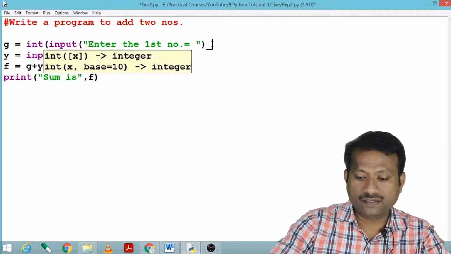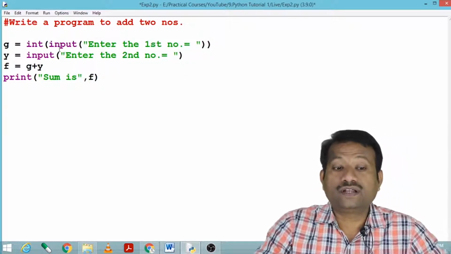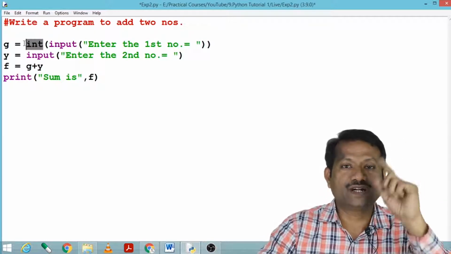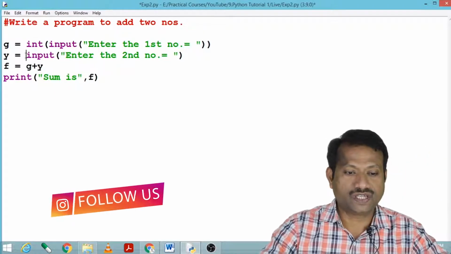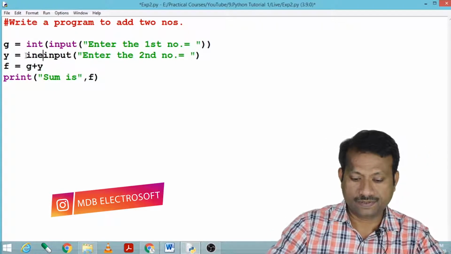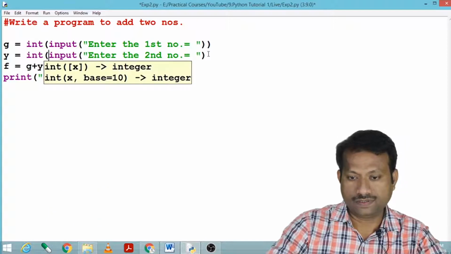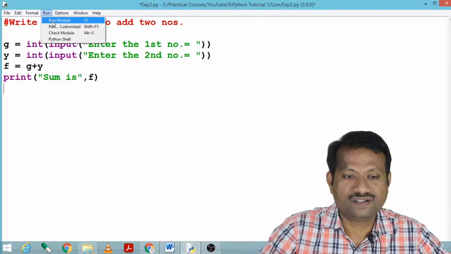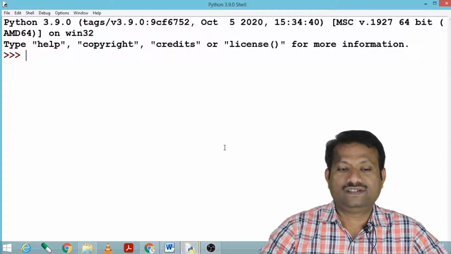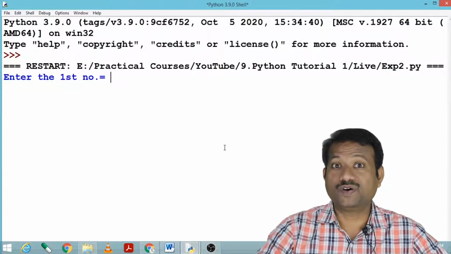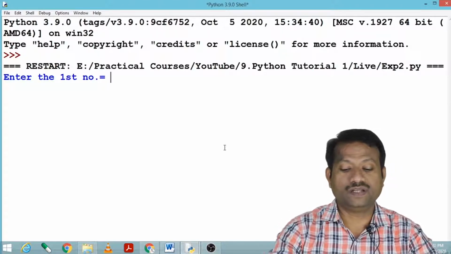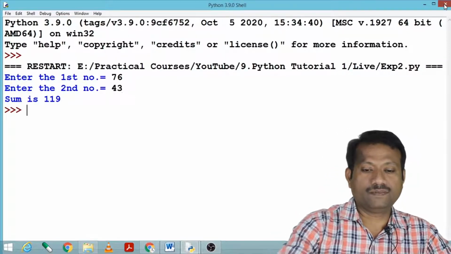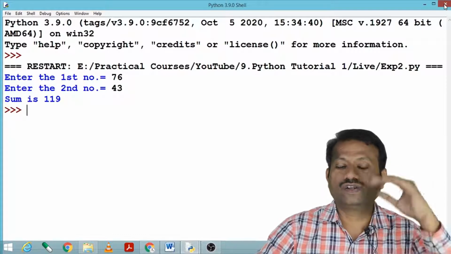So this input function will take data as a string and this int will convert that data into an integer. The same I have to do here. Now if I run this program, it is asking me data for the first variable. Let me enter 76. It is asking me data for the second variable, so I have written 43 and the addition is shown.